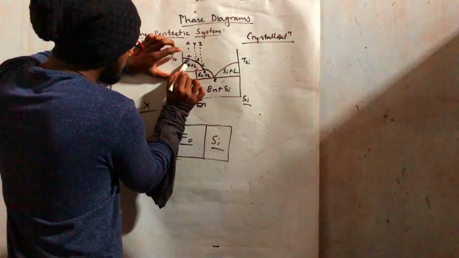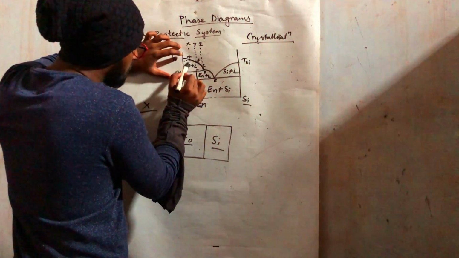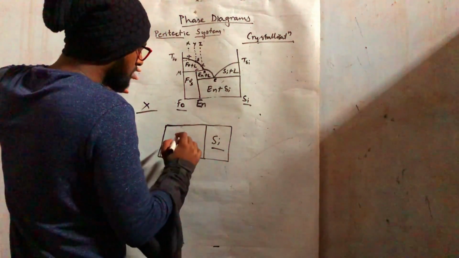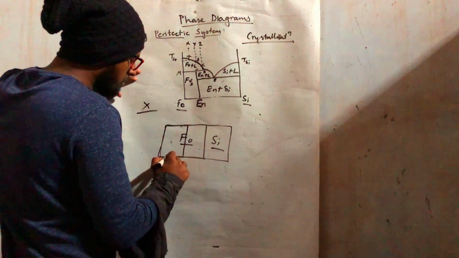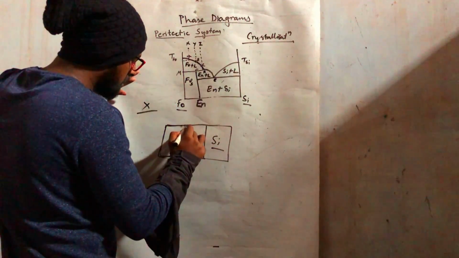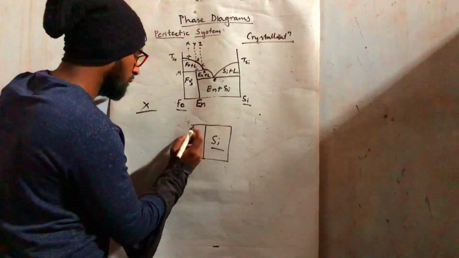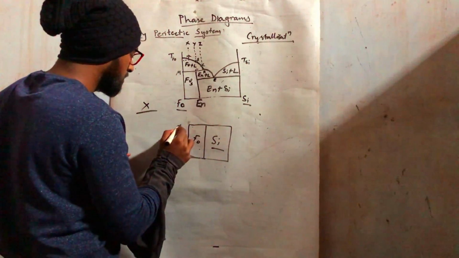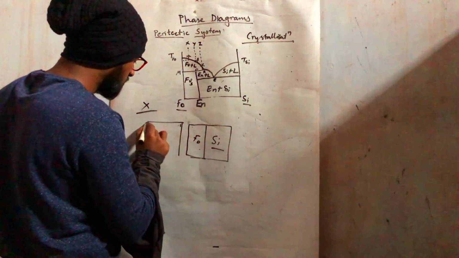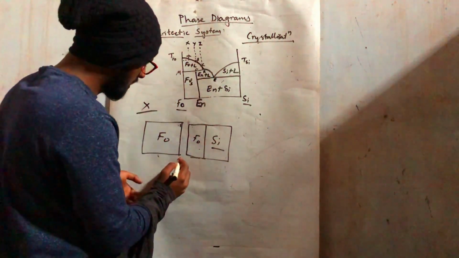So because the liquid is traveling more distance during the crystallization of forsterite, more of the forsterite will be crystallized. That means this much part is taken out from the melt. Therefore, now we have this much part of forsterite in melt and this much part of forsterite as solid. Now at R point, what happens?